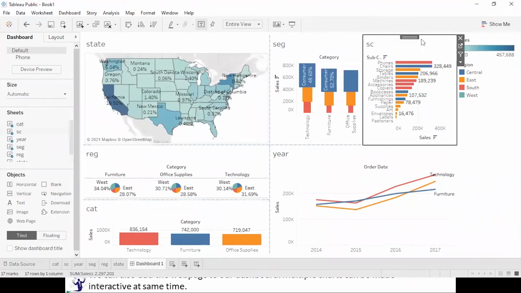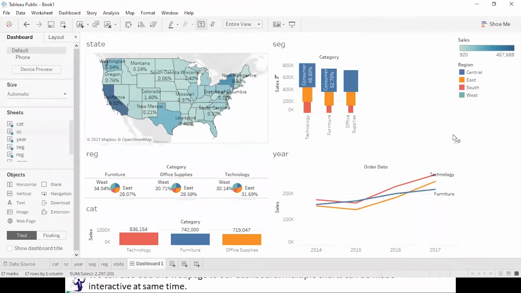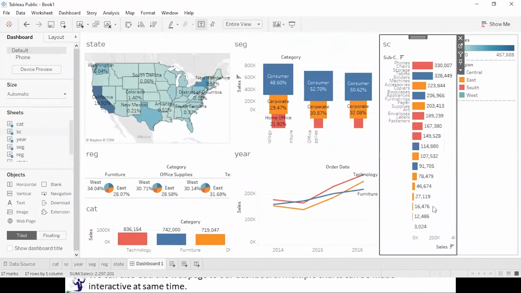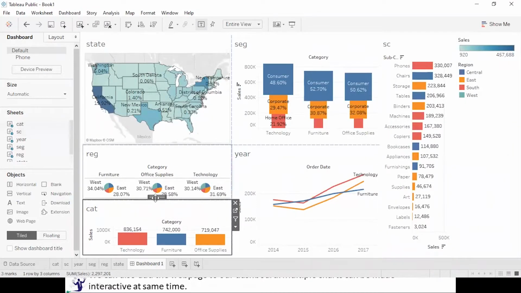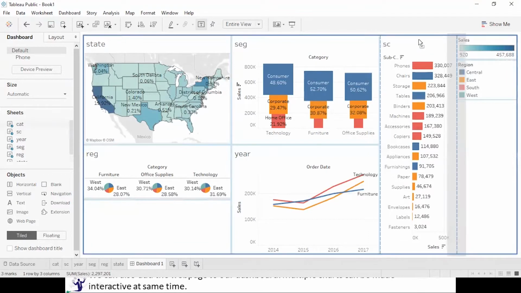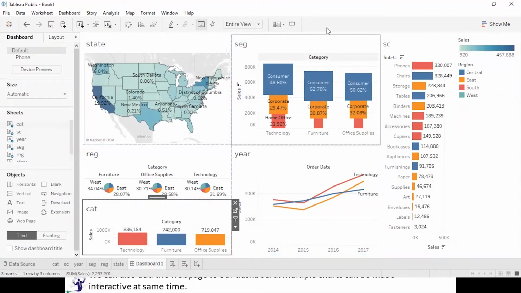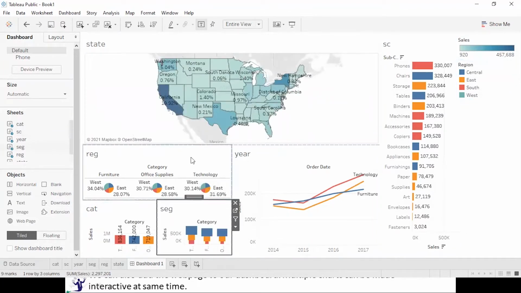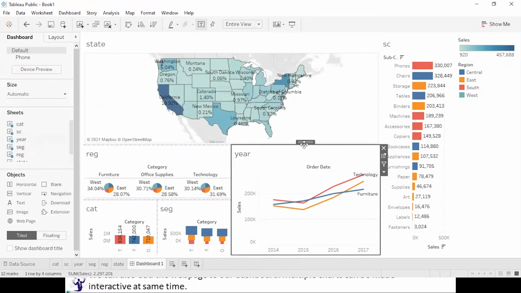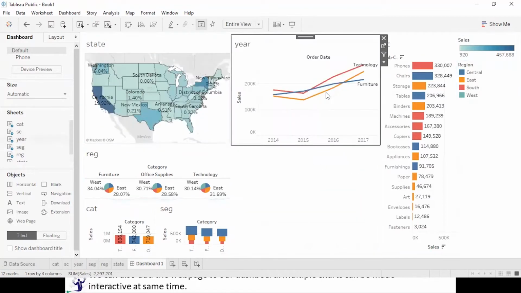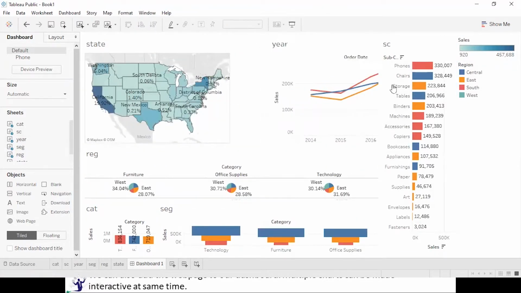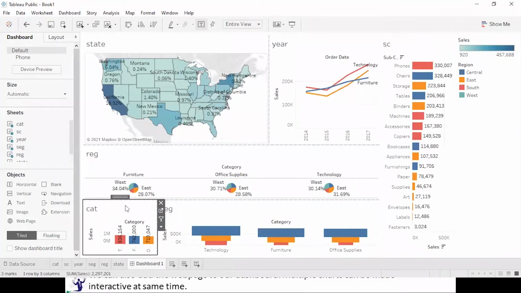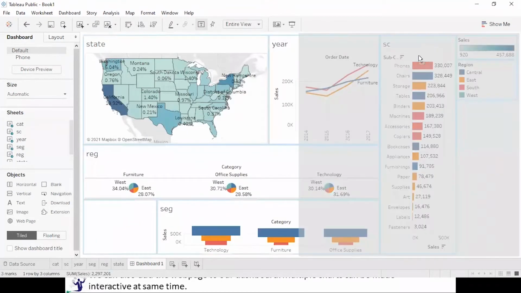Let me put it over here, or I would like to, yep, this looks better. I would like to put category over here on the top, bottom. Okay, let it be over here only. Let me try to put it over here. Yes, let me try to put the year over here. And let me try to put now the category. It is not coming.